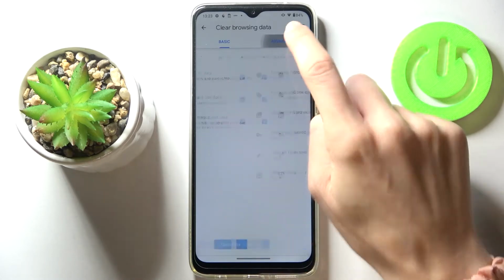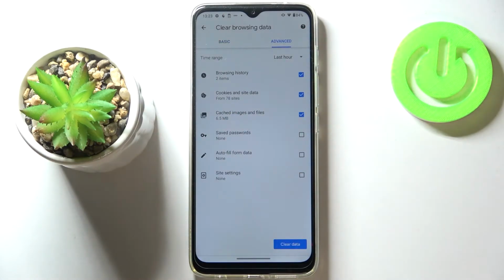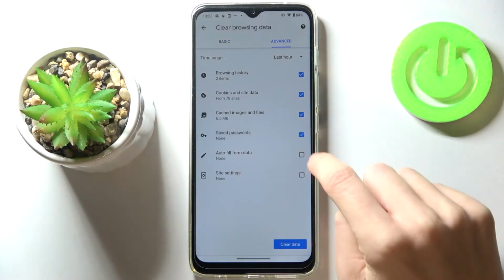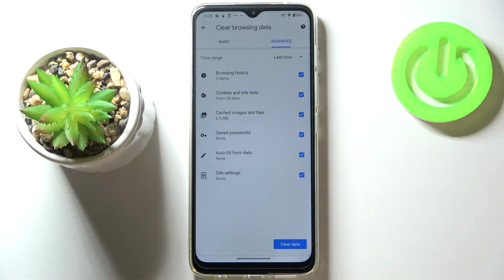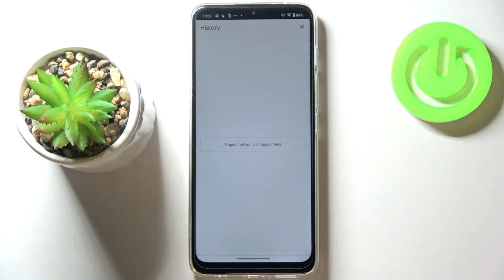And then if you switch to Advanced, you've got a few more, and you can also remove saved passwords, autofill form data, and site settings. So just mark those info that you would like to get rid of, and then select the time range. Click on Clear Data then, and that's it. As you can see, it has been done. So this is how you can clear